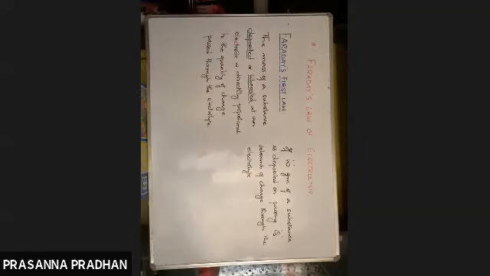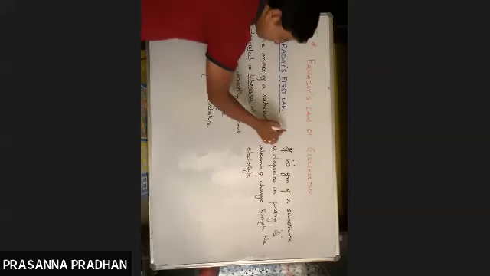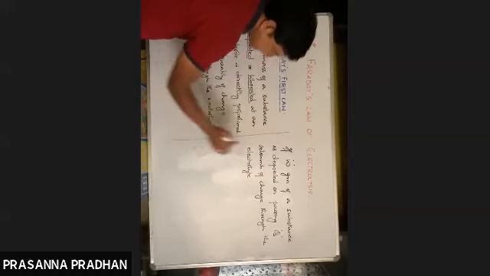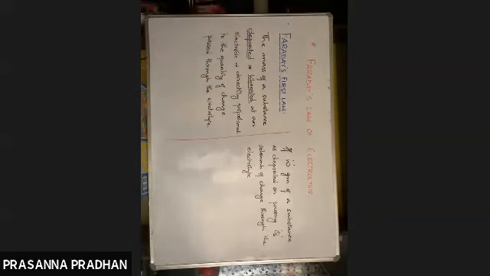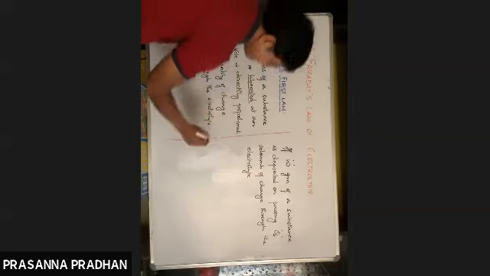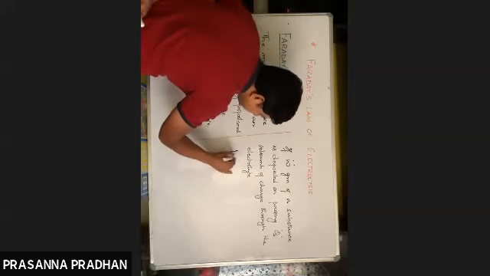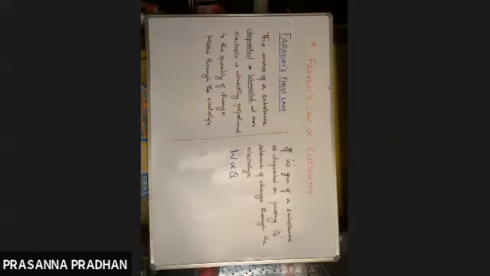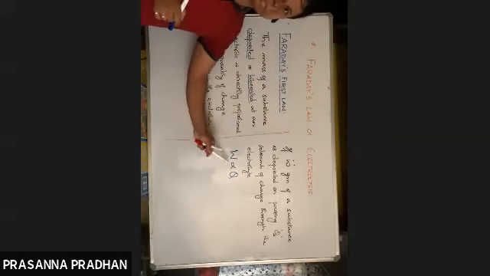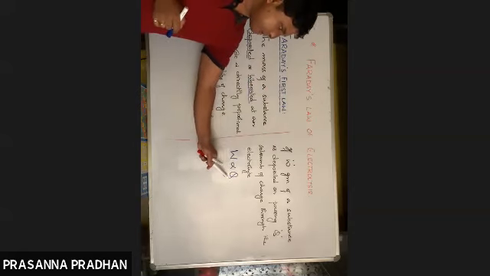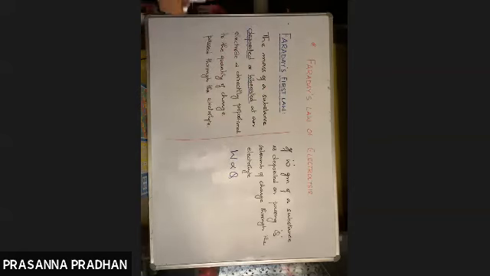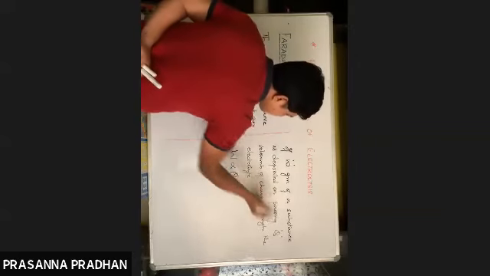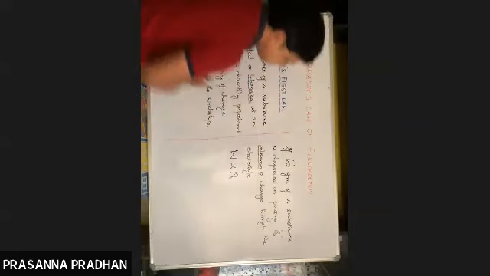Fine. So we have supposed that on passing Q coulomb of charge to the electrolyte, we have passed Q amount of charge to the electrolyte. And what is the mass of the substance deposited? Is W. Then according to Faraday's first law of electrolysis, we can write down W is directly proportional to Q. The weight of a substance deposited or liberated is directly proportional to the amount of charge passed to the electrolyte. And we all know the unit of charge is Coulomb.